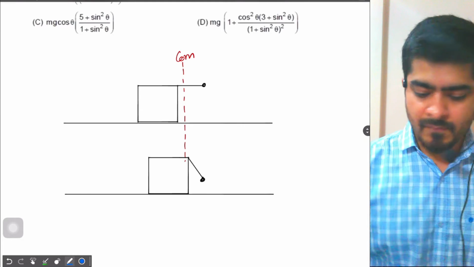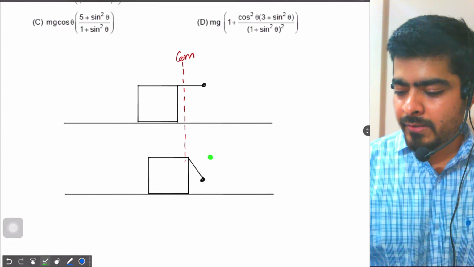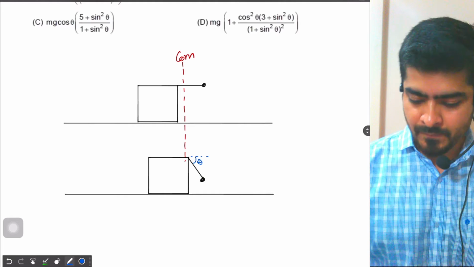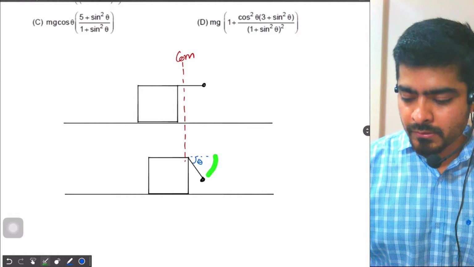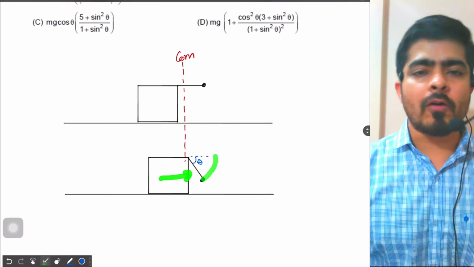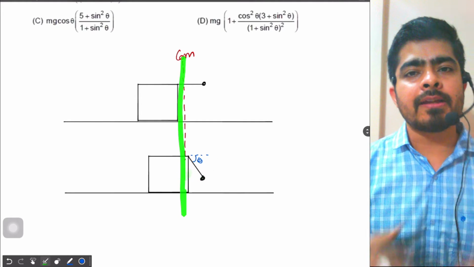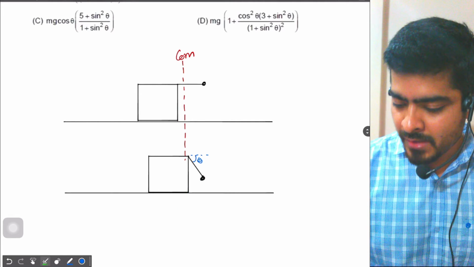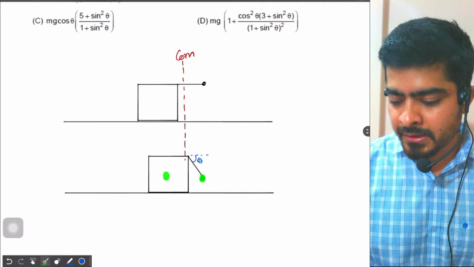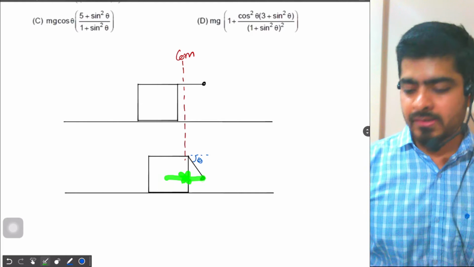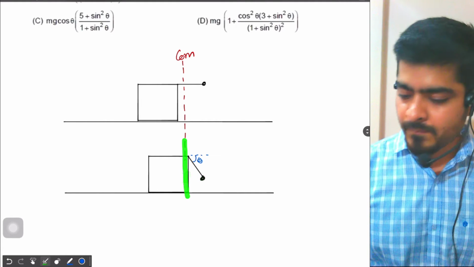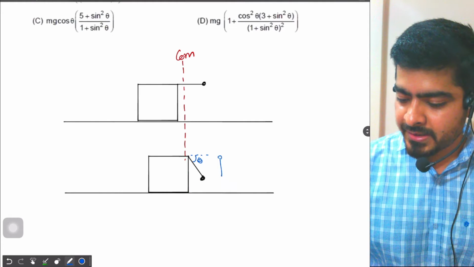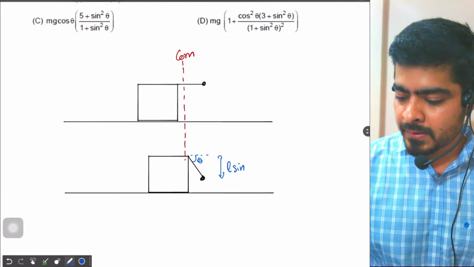Okay, now after some time the string would have come down by some angle with the horizontal. Let's say this angle is theta. So as the string is coming down, the block will also move forward because the center of mass should remain on the same x coordinate. It should move only along vertical direction, right? So this is the center of the block, this is the particle, so the center of mass will lie between them like this. Okay, it is still on the same red line. So now what is the height by which the particle has descended? This height will be equal to L sine theta.